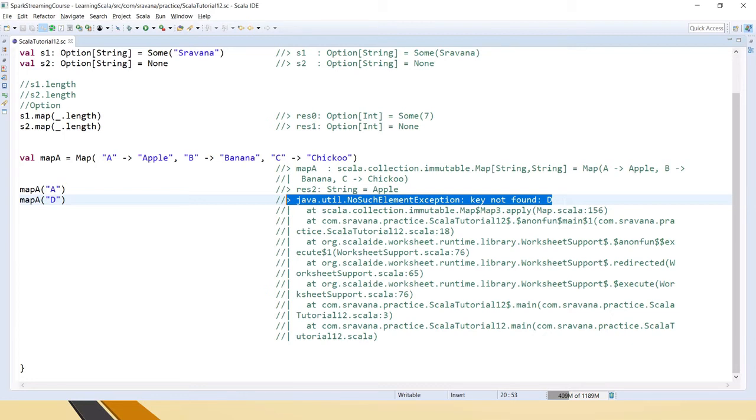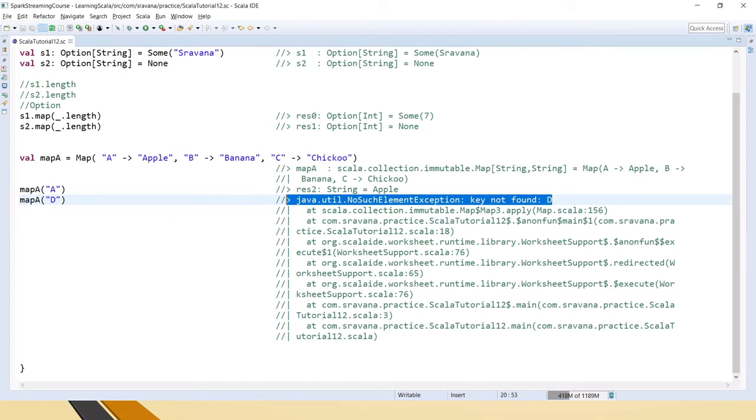Even in data frames we have the option of using Option, so that if you are expecting something returned from a function but it may or may not return some value, in such cases we would encounter a null pointer exception. To come out of that situation, we can use the Option classes.